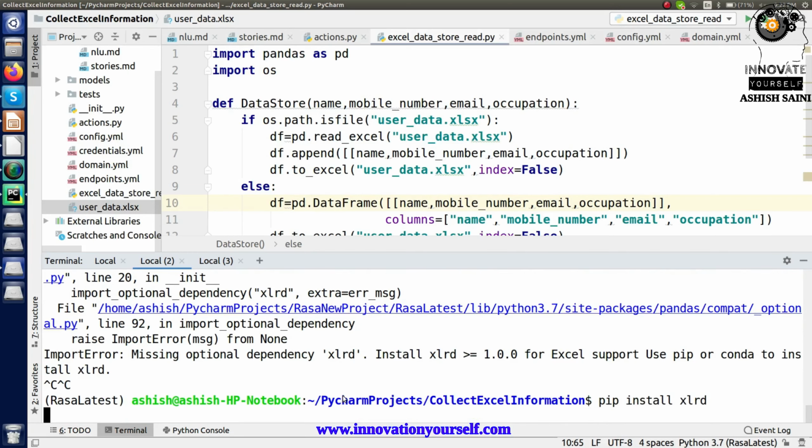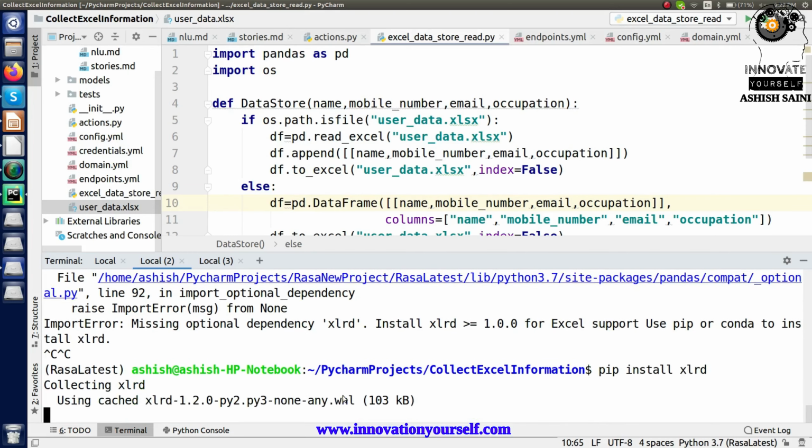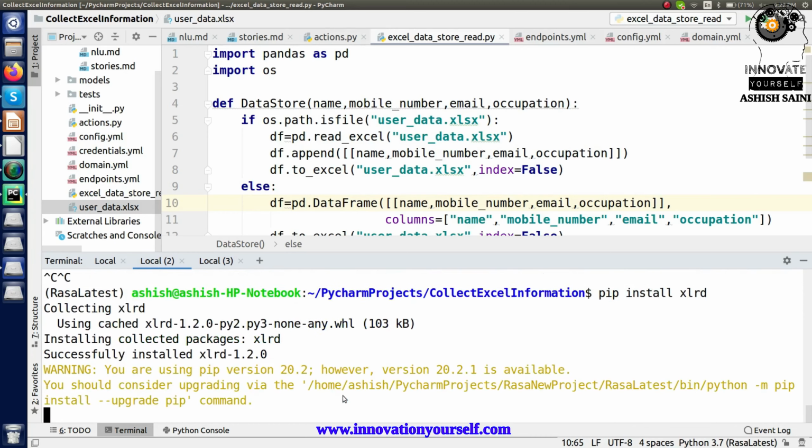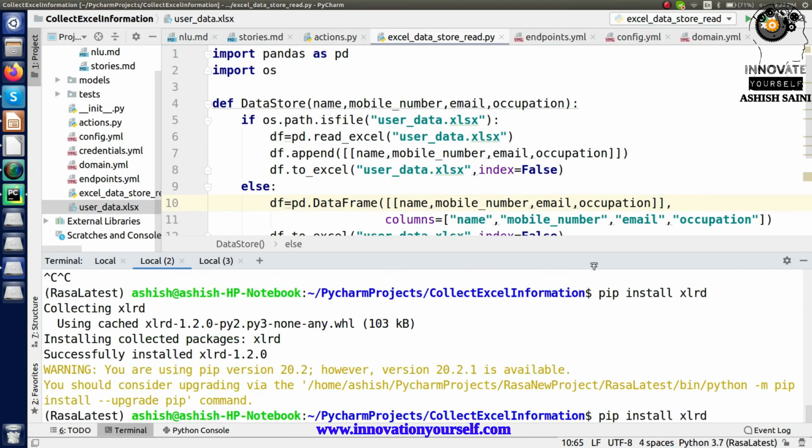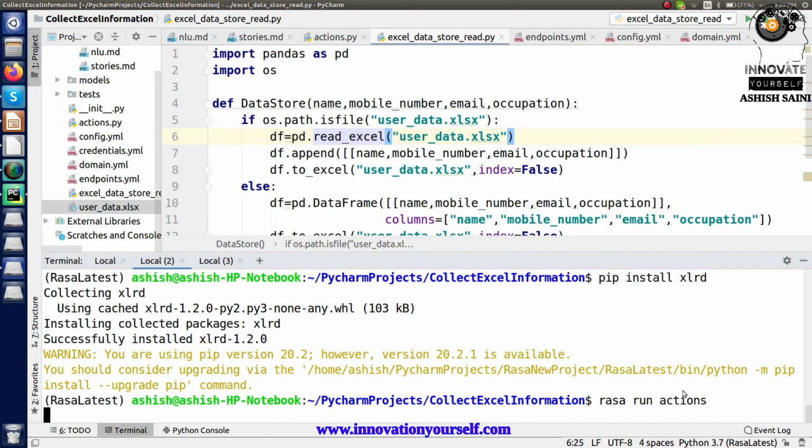Once this is done, only then will you be able to make modifications in this format for the Excel data. Don't forget to install it before you work with Excel data. If you are going to work with Excel sheets, then you require it. Otherwise, if you are going to work with simple CSV data, then you don't require it. That is why I have to install it now.